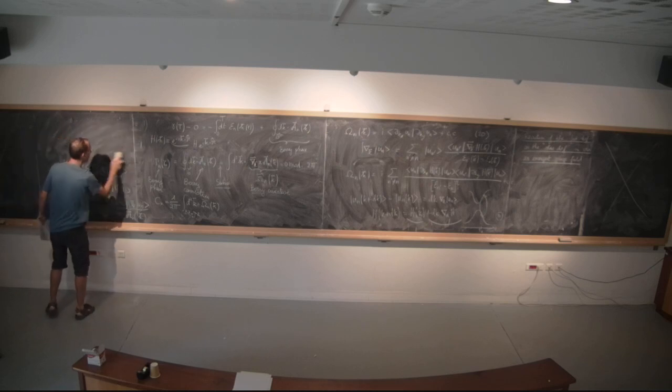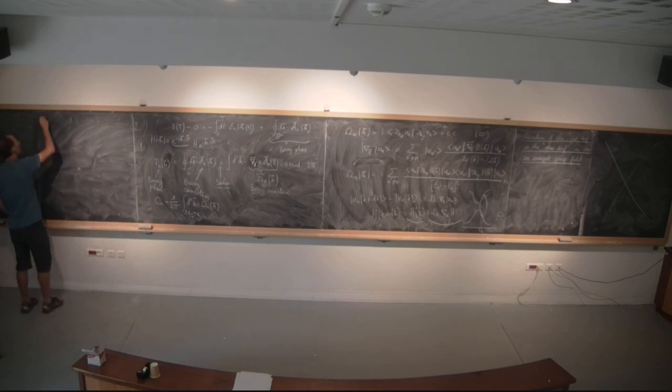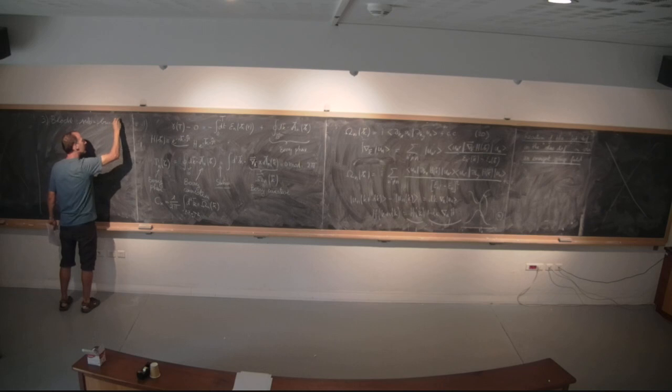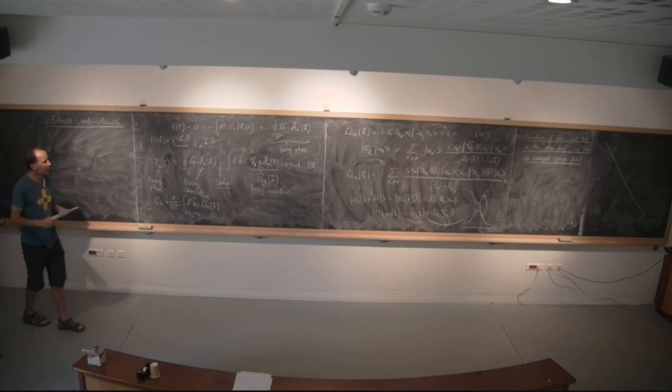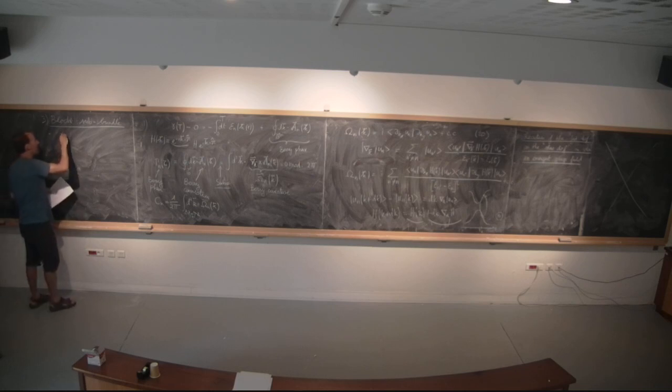Okay, so I'm at point number 3, the Bloch subbundle. The first point is what I mentioned before, this idea that you separate the degrees of freedom into fast and slow, and you want to know the back reaction of integrating out the fast degrees of freedom onto the slow ones. You want to know the dynamics restricted to a single band, but including the fact that virtual transitions are possible to other bands. The Hilbert space is larger than just a single band. And why does this come about? It comes from this fact